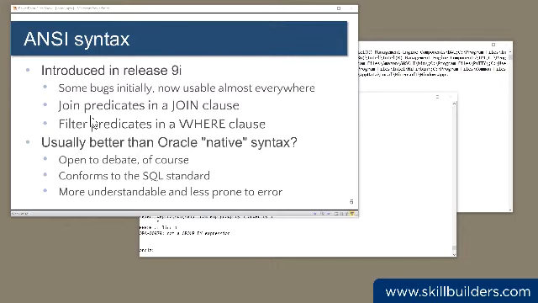Now, I'm one of these boring old men who thinks if it's new, therefore it's bad. That is not the case, I strongly believe, with ANSI syntax. I nowadays believe that it is vastly superior to the Oracle native syntax. This is, of course, open to debate. The general idea is that